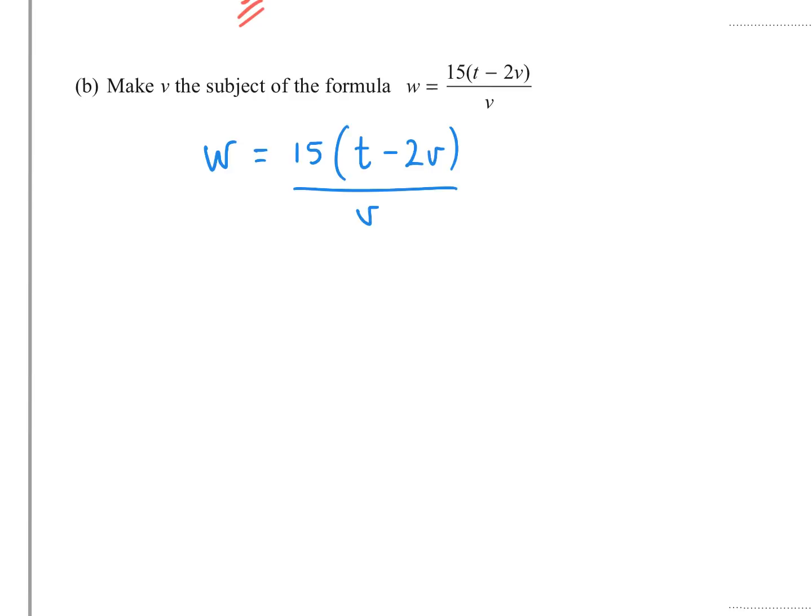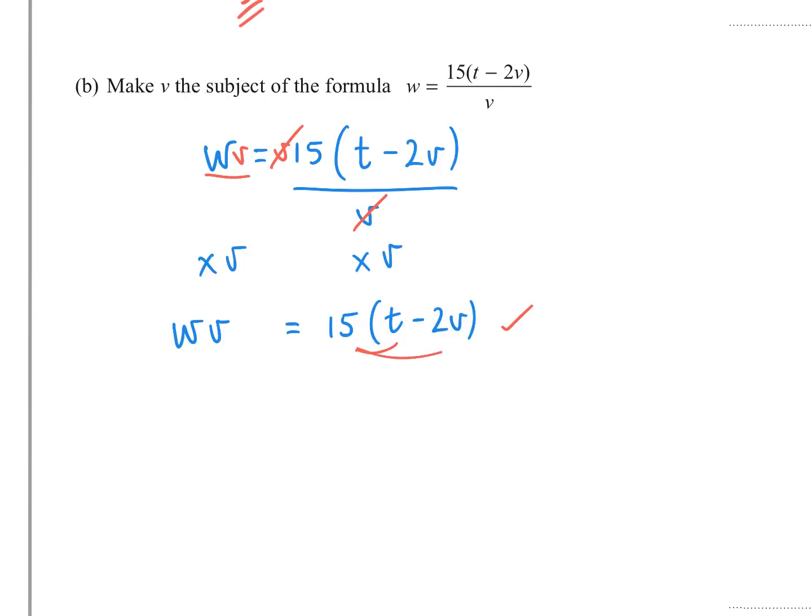Let's multiply both sides by v. Well, then we're going to have wv equals 15 lots of t minus 2v. Because when we times both sides by v, then this one cancelled out and we were left with wv, or vw, is 15 lots of t minus 2v. Now we're going to multiply out this bracket, and that will give us 15t minus